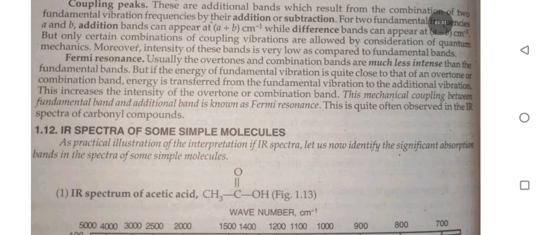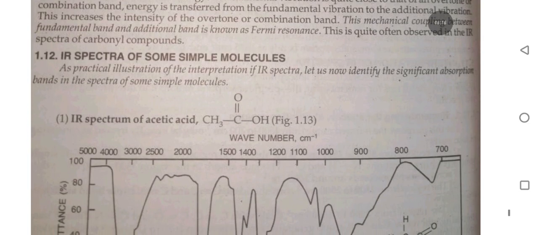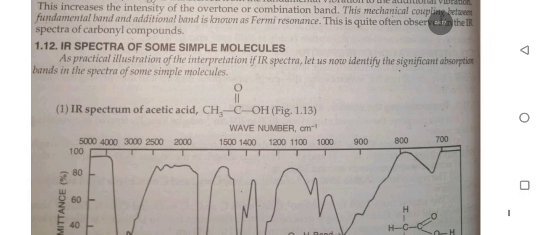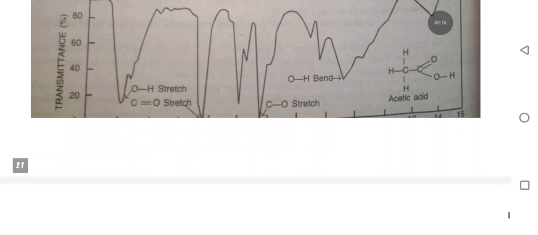This is quite often observed in the IR spectra of carbonyl compounds and some simple molecules. As a practical illustration of interpretation of IR spectra, let us now identify the significant absorption bands in the spectra of some simple molecules. IR spectra of acetic acid. The important bands in the above spectra are as follows: